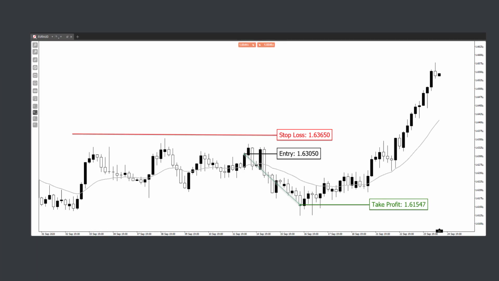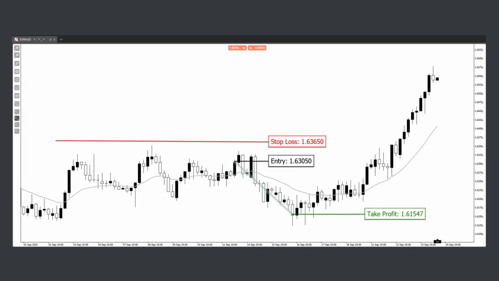And on the screen here in front of you, you can see the trade here where you see my entry at 163.05. You can see my stop loss here at 1.6365 and my take profit at 161.547. And in total return here is 2.5 R on this trade, which means I made 2.5 times the risk